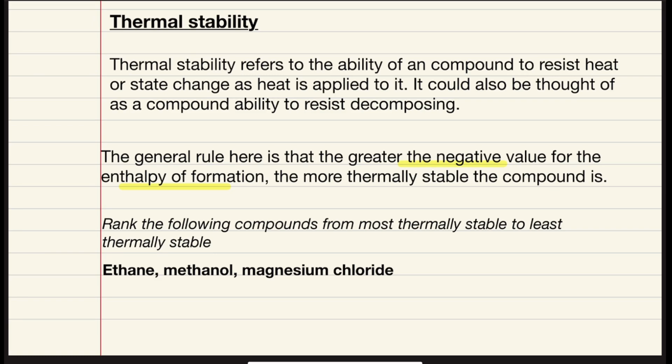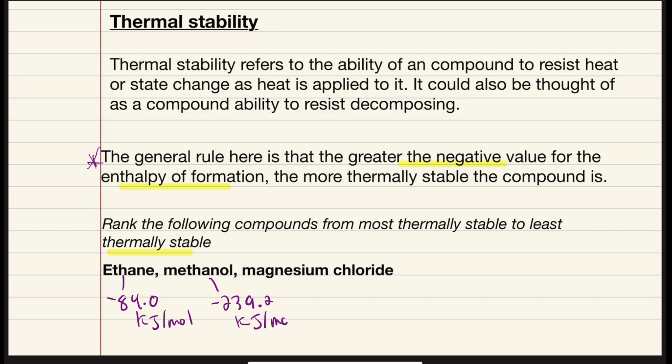So let's say we're asked to rank the following compounds from most thermally stable to least thermally stable. All we have to do is look at their molar enthalpy of formation values and then order them according to the rule stated right here. So if I look at, let's say, ethane, that has a molar enthalpy of formation of negative 84.0 kilojoules per mole. If I find methanol, that has a molar enthalpy of formation of negative 239.2